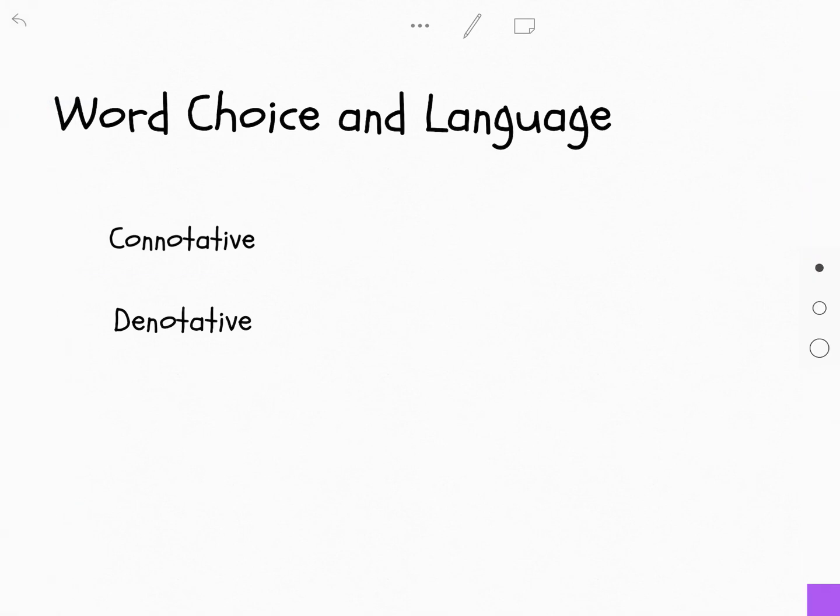Now, let's talk about word choice and language, okay? The simplest thing we got to think about is connotative meaning and denotative meaning. And really what those are is that idea of figurative